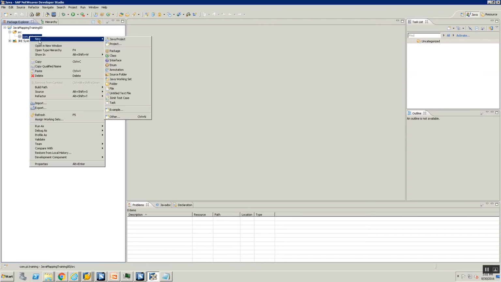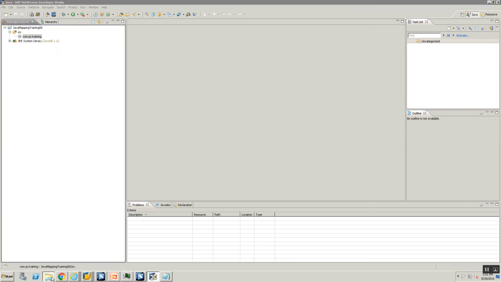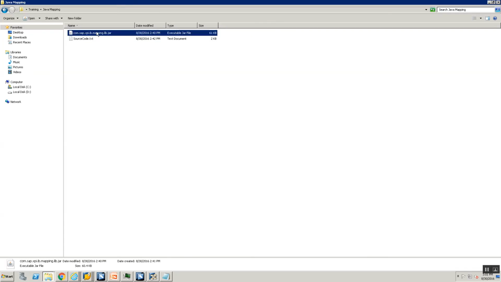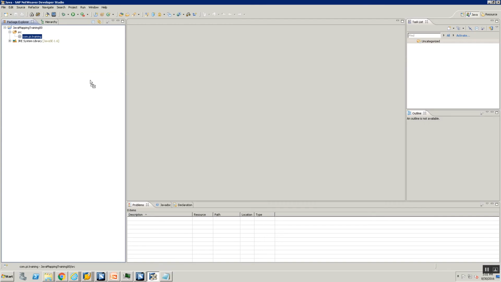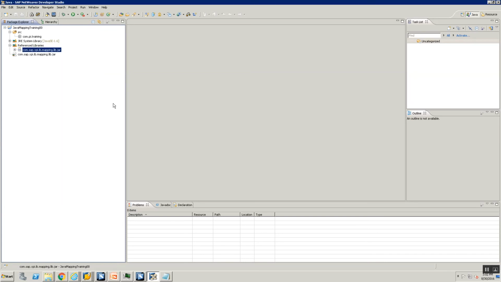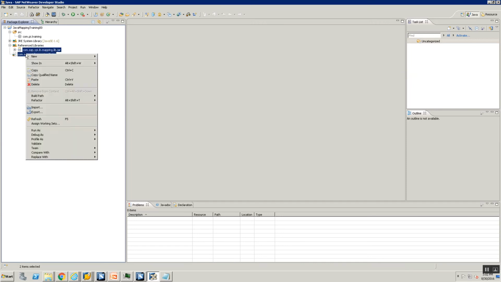Now let's create a new Java class. Right click, new Java class. Okay, before we do that, you need to import your library. So I'm going into my Java library. I already have my Java lib, so I'm going to drag this jar file and put it into my project. Then I say build path and add to build path, so it becomes a part of my reference library. Let me do that again. I'll delete both.